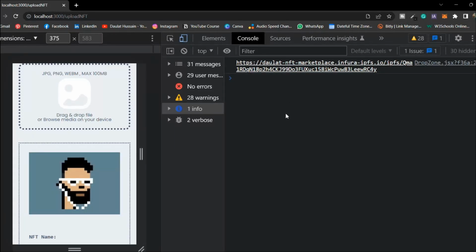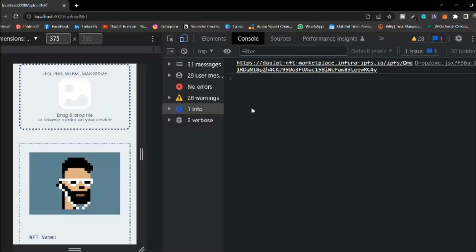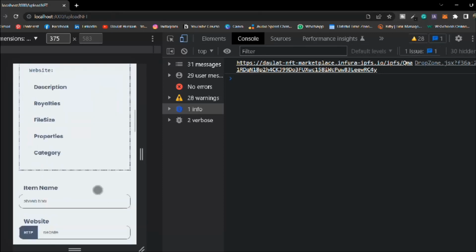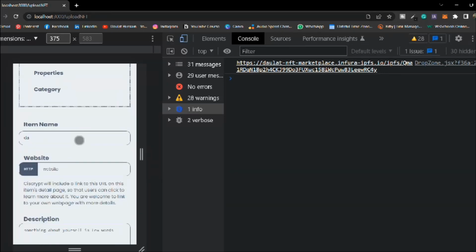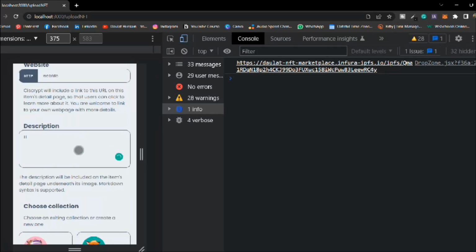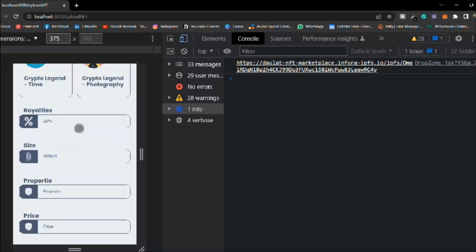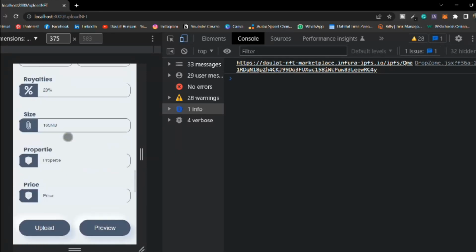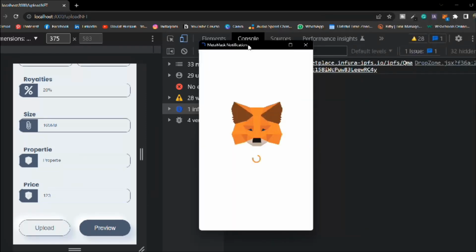So here you can see we got the image URL, it's uploaded to the IPFS, and now we have to pass the data. So let's pass that name, "Daulat NFT". Just ignore the description for the time being, and let's type the price, because this data is mandatory. So we'll type 123. Click on this upload. Here is MetaMask,